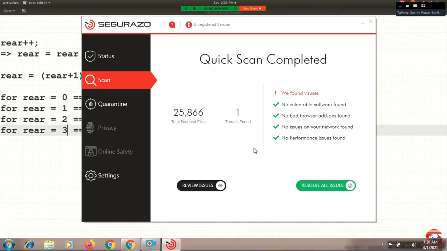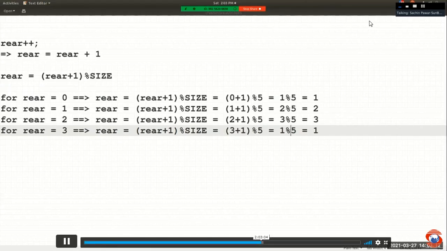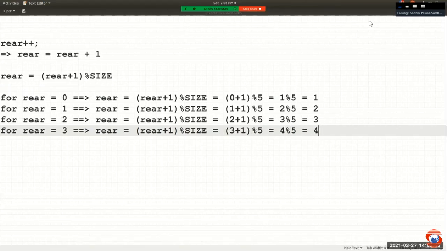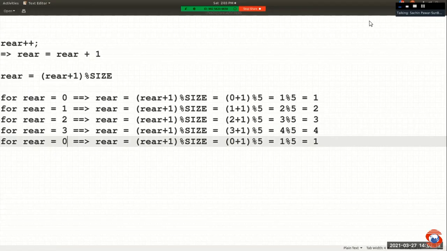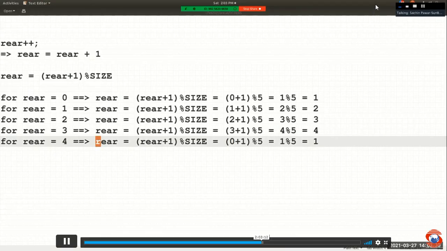Similarly, if value of rear is 3, and if we say incremented by 1, what should it become? It should be 4, right? And very interesting guys, if it is 4, and if we say increment it by 1,